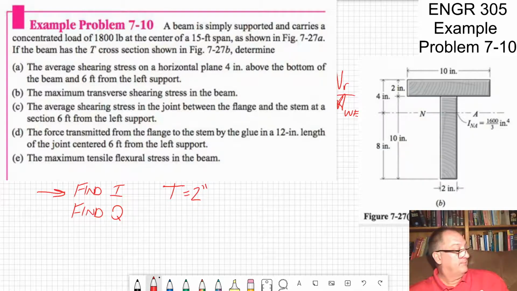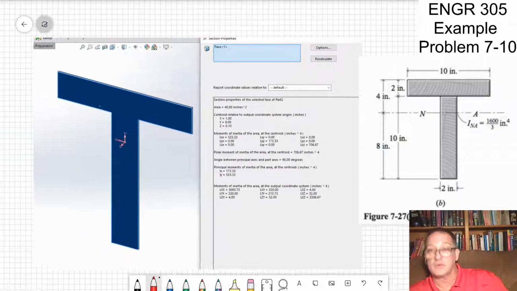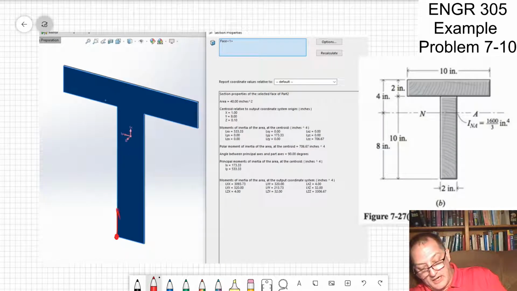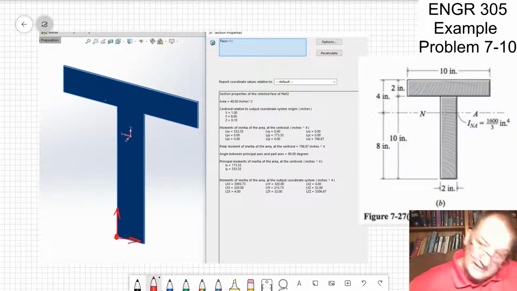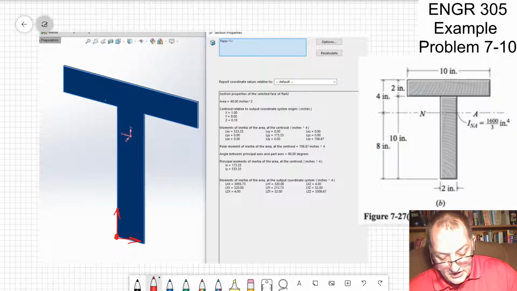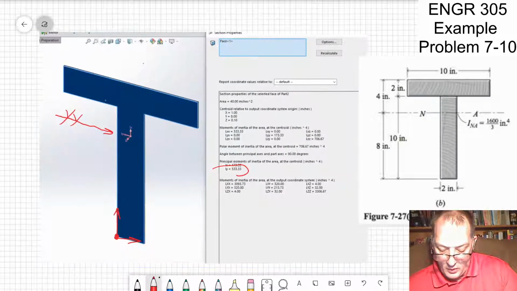Well, let's get rid of this. And I went to SolidWorks because that's what I've been trying to teach. We have tools for this. And so I drew it with the coordinate system right there, like that. And I got to look carefully at my results. So I got to sit up a little bit. It can't be quite as reclined. You can see this label here. That's where the centroid is, and this is my YY axis. And so I can look, and IYY is